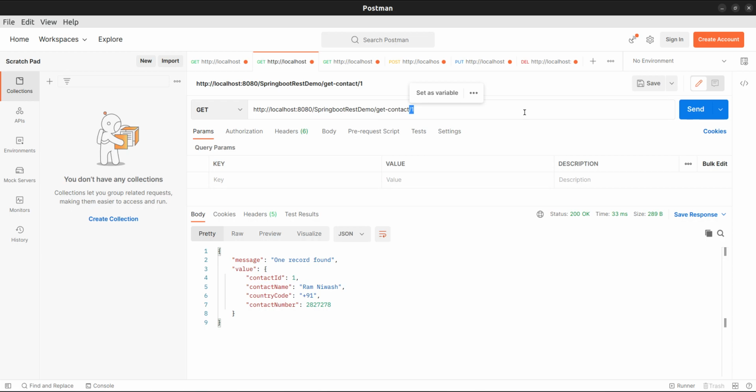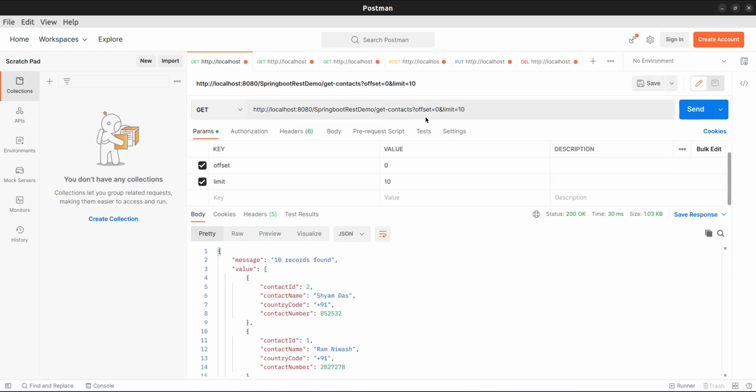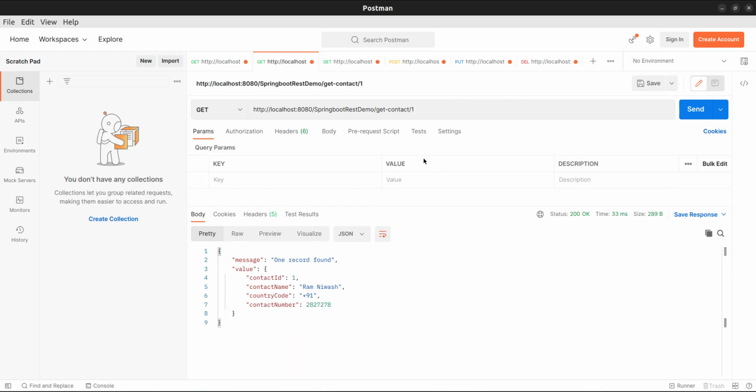But in the case of a query parameter, the query parameter name and value should be present, differentiated by a question mark symbol, and more than one should be appended by ampersand. But in the case of a path parameter, it is determined by just slash.